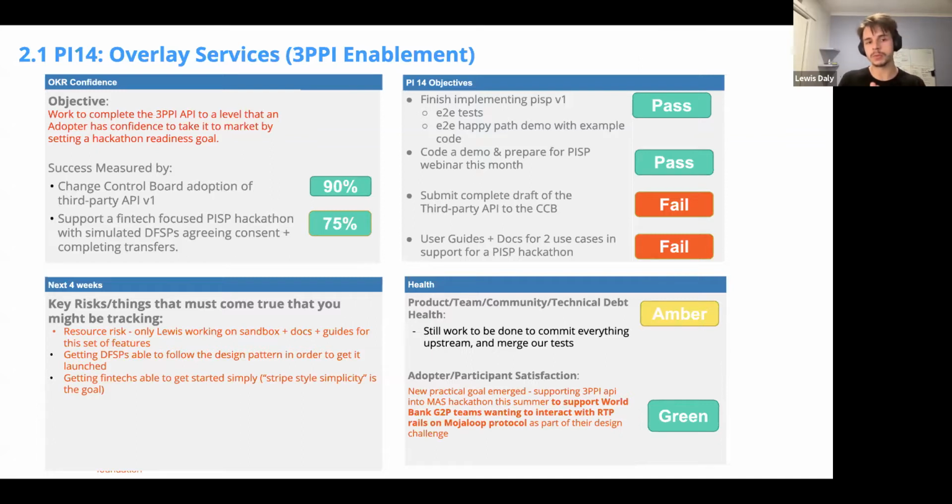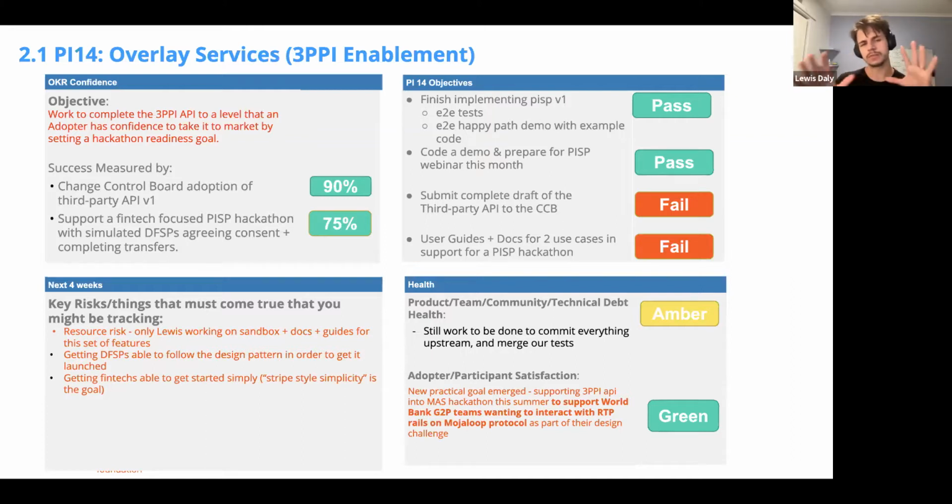And we haven't yet supported a fintech-focused hackathon. That was one way that we were going to define our success. But we have the target event, which is great: the Monetary Authority of Singapore has joined the foundation, and they've got us involved in a CBDC hackathon, where Mojaloop is one of the technologies that participants come and use and test out to see if they can use it.